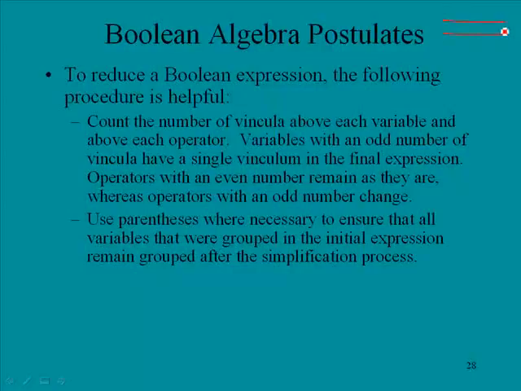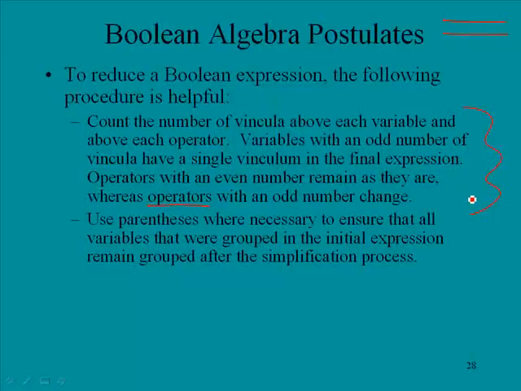not symbols. Variables with an odd number of vincula have a single vinculum in the final expression. Operators with an even number remain as they are, whereas operators with an odd number will change. Okay, we're going to do some examples of these, and we'll try to make a little more sense of this statement. Use parentheses where necessary to ensure that all variables that were grouped in the initial expression remain grouped